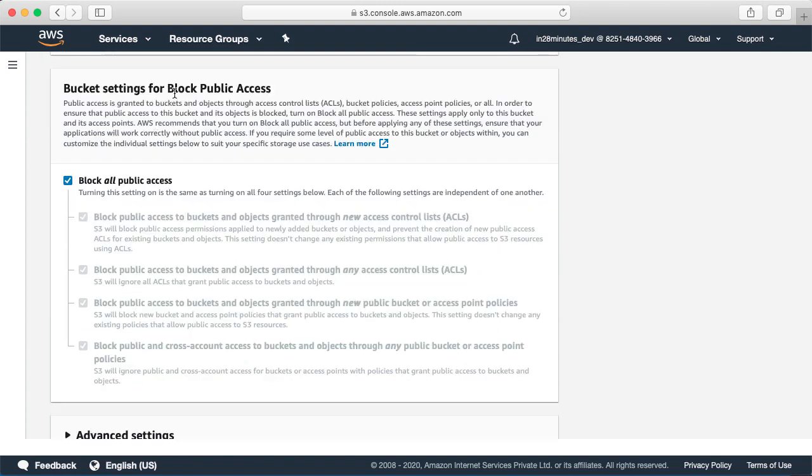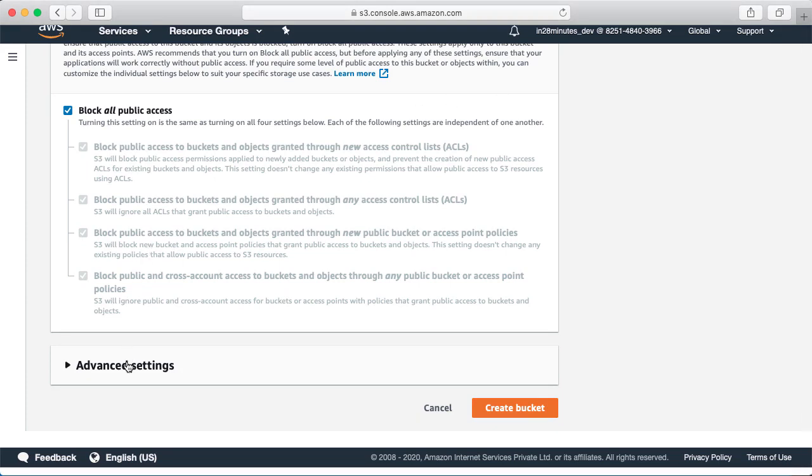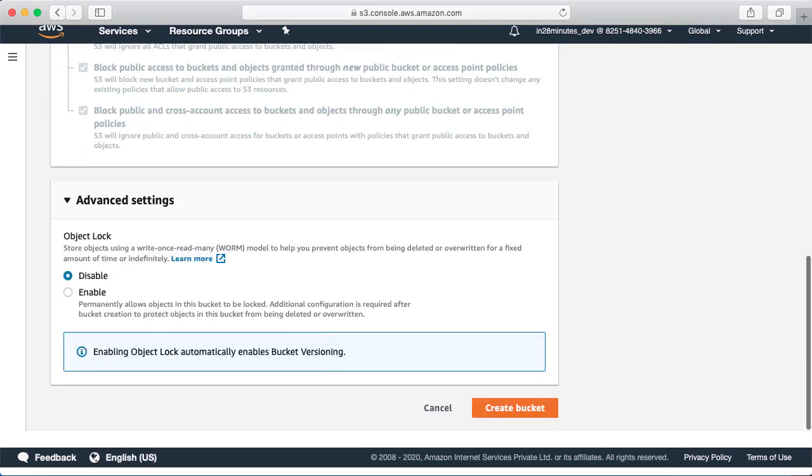The next setting in here is if you want to allow public access to your bucket. There are a number of ways in which you can grant public access. For now, let's choose the default, which is to block all the public access. If you expand the advanced settings, you can actually see something called object lock.